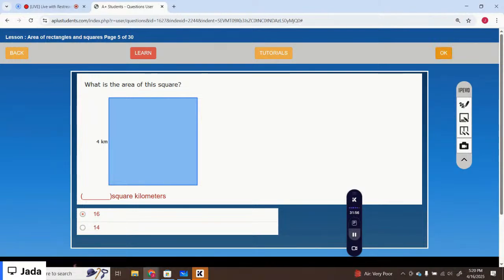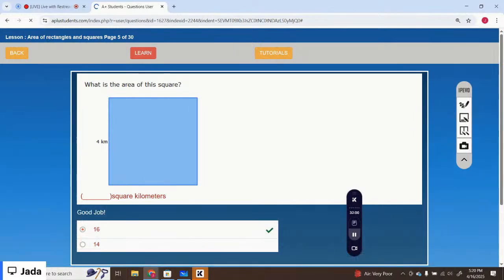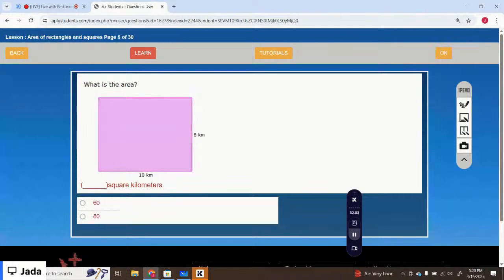That is 16. Option number one is the correct option. What is the area? That is 10 times 8. Option number two is the correct option. 80 square